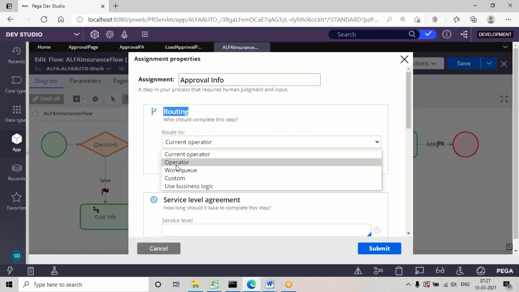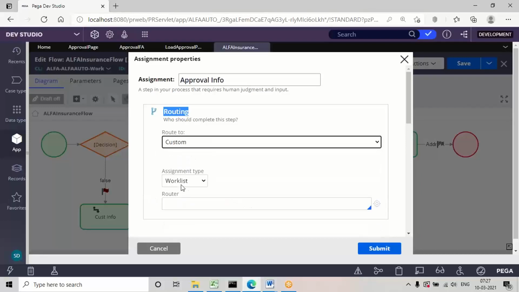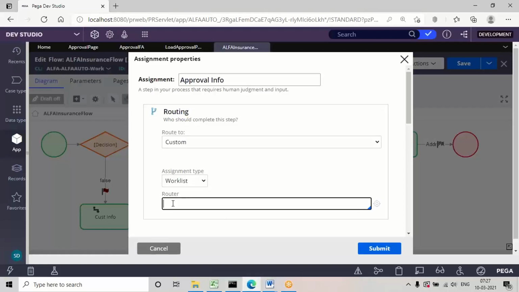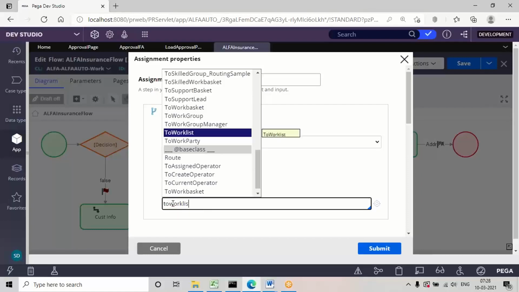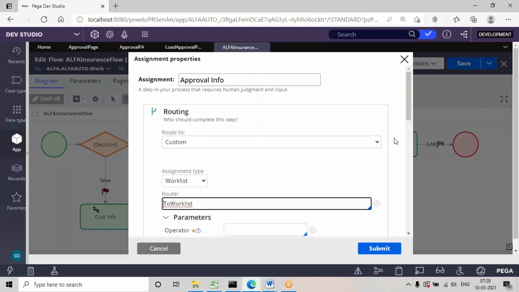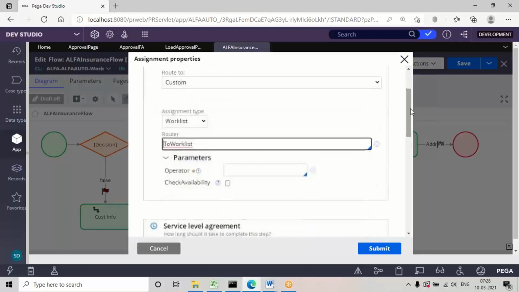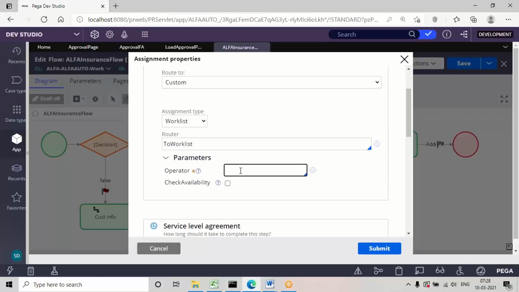See, operator will be there, but that will not work properly. So go with custom. You'll get the type as work list, and here activities will be there. To work list is the name of the activity. After selecting to work list, this is a predefined activity, and here we need to provide the operator details.